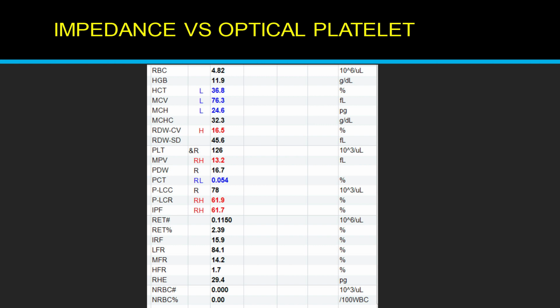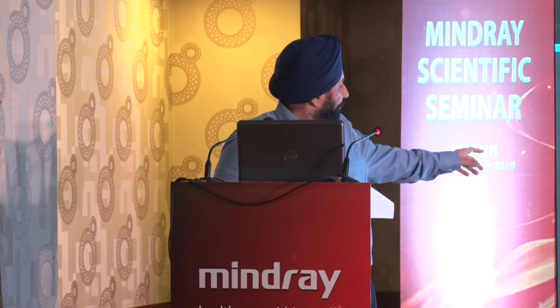The IPF was pretty high, 61.7%. And even if you look at the MPV, that was high, and the platelet large cell ratio was also 61.9%. So there were a lot of giant platelets in this case. So if you look at this